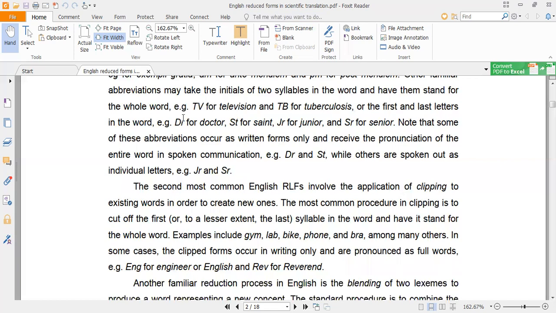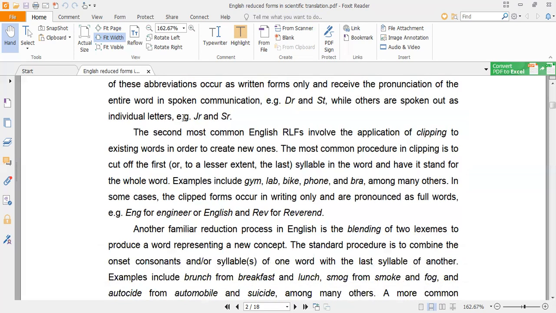leads us to another feature of abbreviations, that some abbreviations have a written form, but they are not used in spoken communication or in spoken English. Dr, for example, whenever we see Dr, it is an abbreviated form, it is an abbreviation, but it can't be pronounced as D R, it is pronounced as doctor. So we pronounce the original word, not individual letters. Okay,